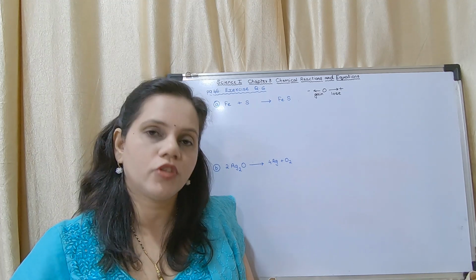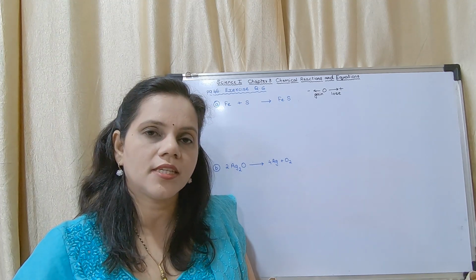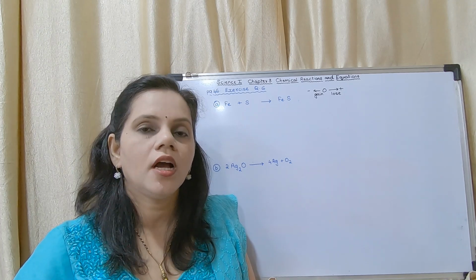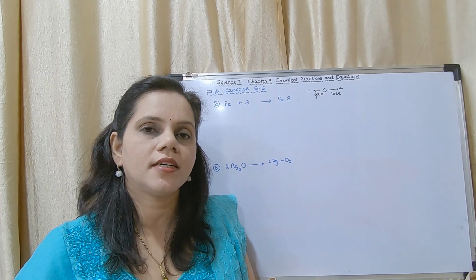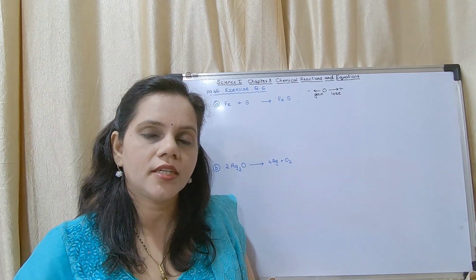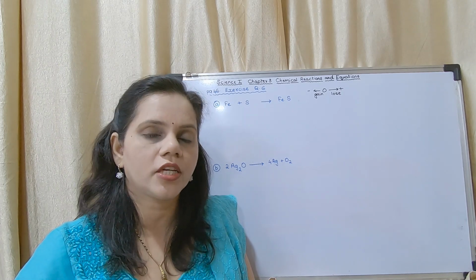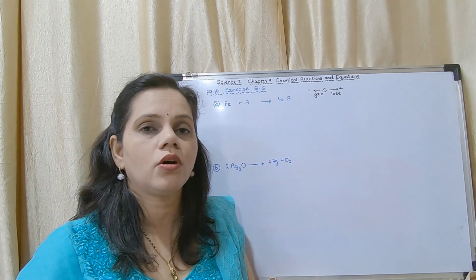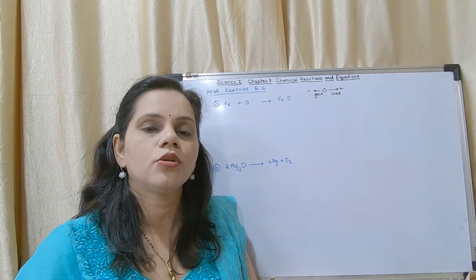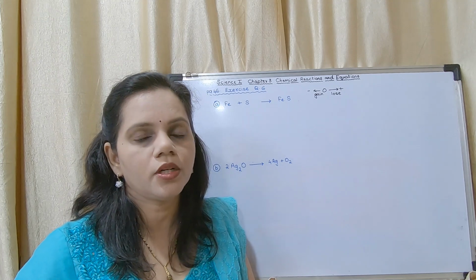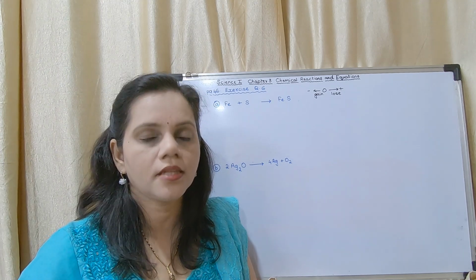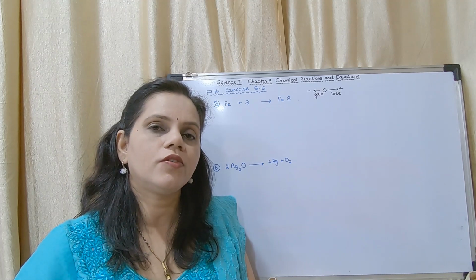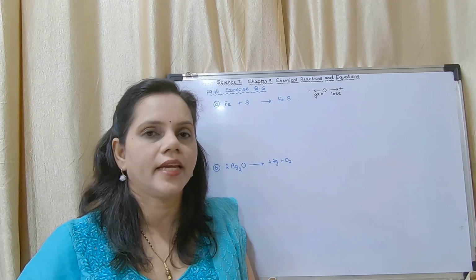One more definition was there. Do you remember? What is oxidation? It is gaining of oxygen or losing of hydrogen. And what is reduction? Reduction is gaining of hydrogen or losing of oxygen. In this reaction there is no oxygen or hydrogen, so with that definition we won't be able to understand which one is oxidation and which one is reduction. So what will we do? We will go for losing or gaining of electrons.